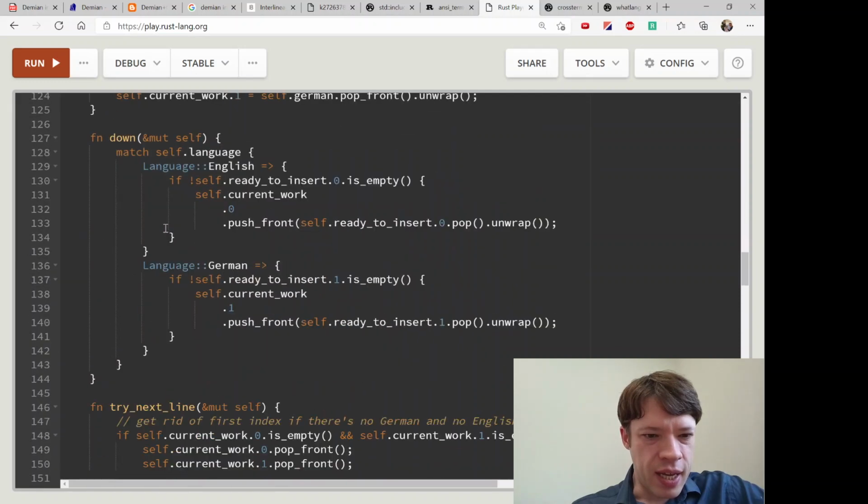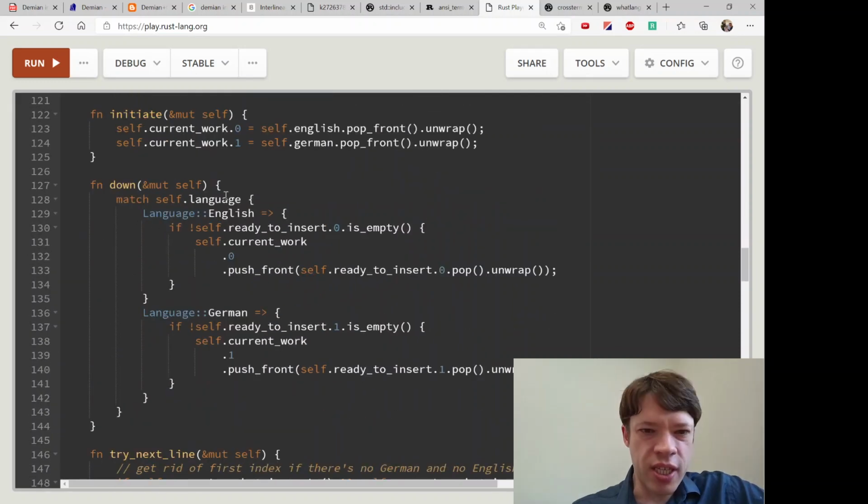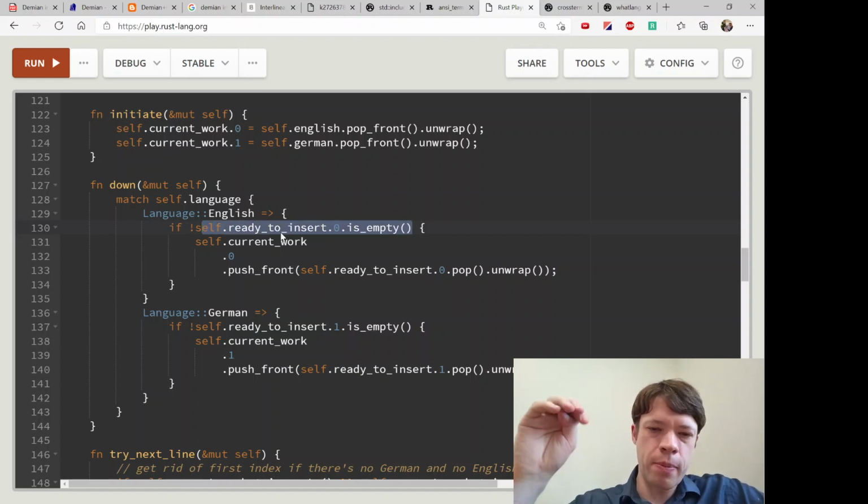And then for the next function down, it's the opposite. So if we have ready to insert, which is the words I'm ready to hit enter for, and if there's something in there, then I want to put it back onto this current work.